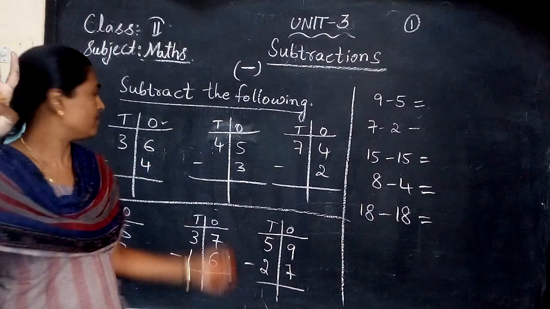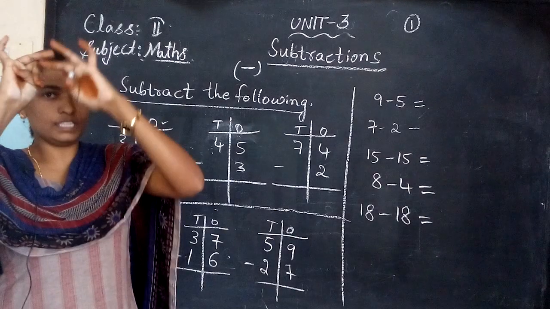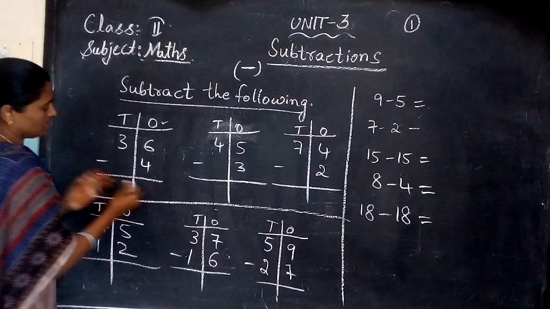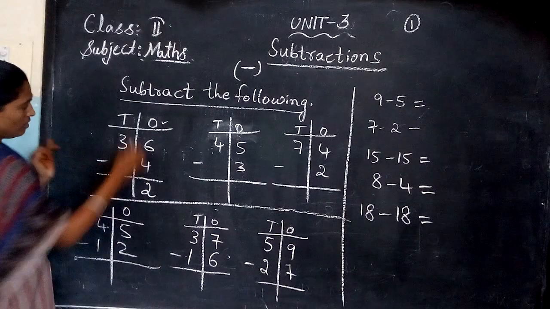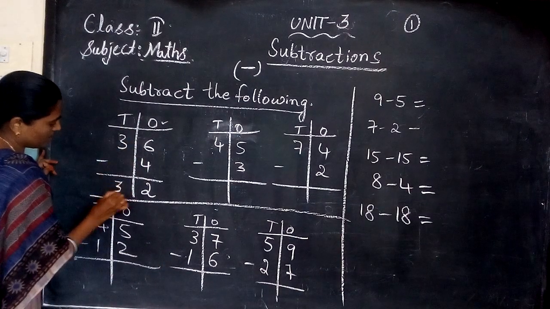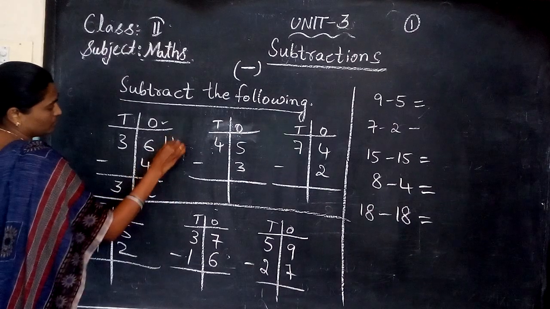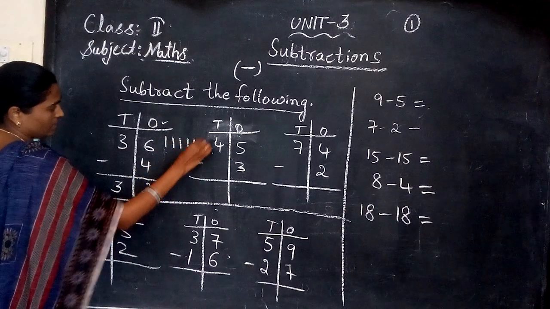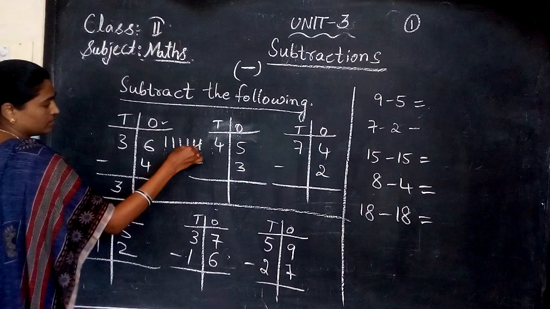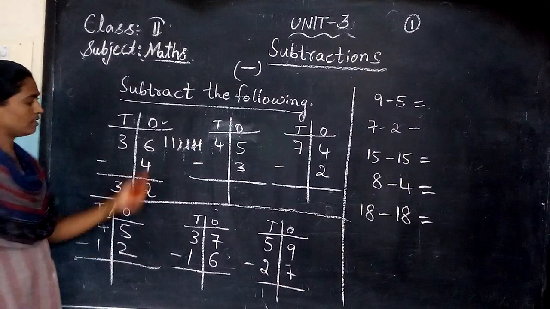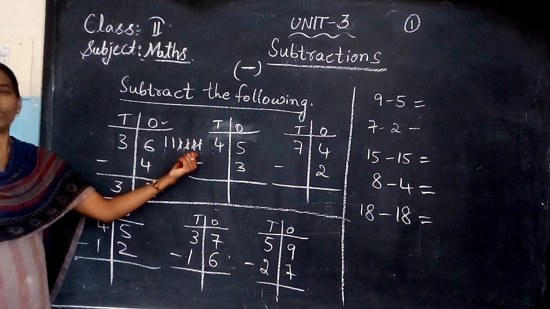6 in the mind, again 4 in your fingers. 6, what number comes before? 5, 4, 3, 2. What is the answer? 2. Is any number there in the tens column? No, the same number will be there. In the previous one, what is this number? 1, 2, 3, 4, 5, 6. Down number, what is this? 4. 1, 2, 3, 4. Next, how many are remaining? 2. Like this you used to count.